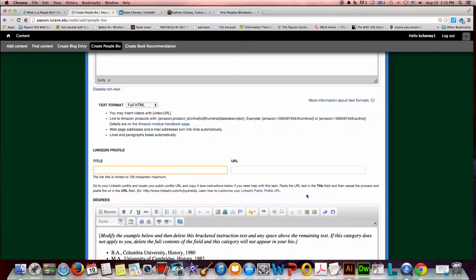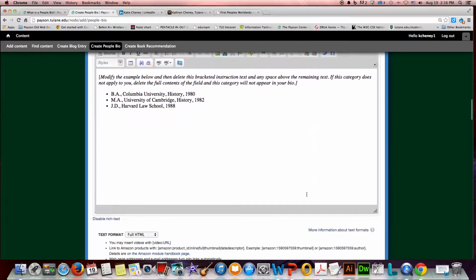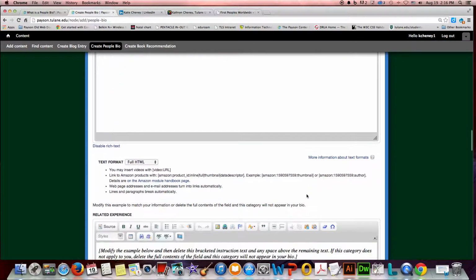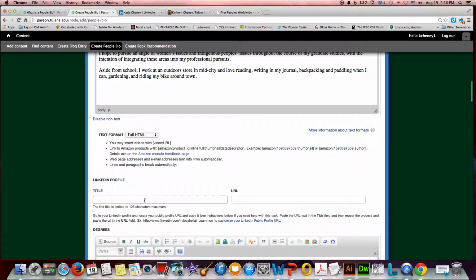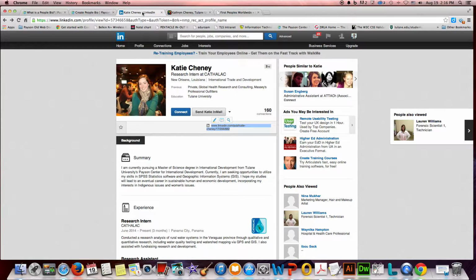And then, we also have a LinkedIn group. Our Tulane Payson Center has a LinkedIn group that you're welcome to join as well, and you can continue to work with people on that. So it is customized. It is possible to create a customized LinkedIn public profile URL, and you can follow these instructions. But at the moment, I'm just going to come into Katie's